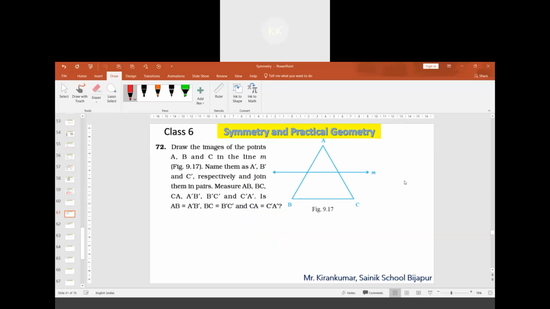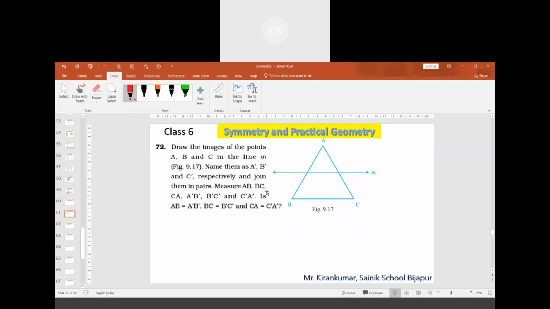Look at 70. Sir, this second question we have to do where, sir? Not required. Sir, all questions till 72? I have done till 60, sir. This 71st question you need not do.